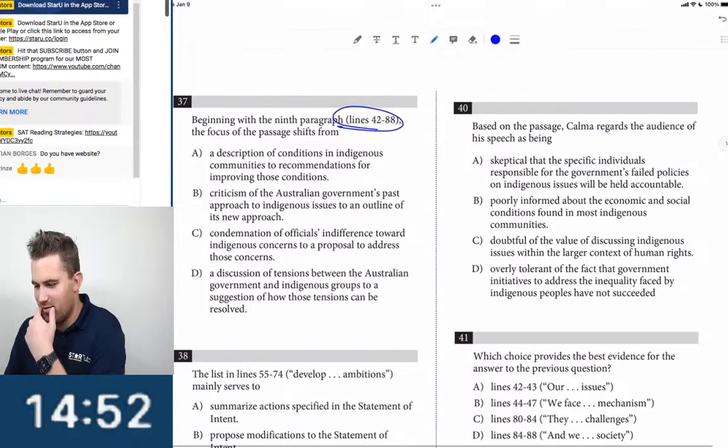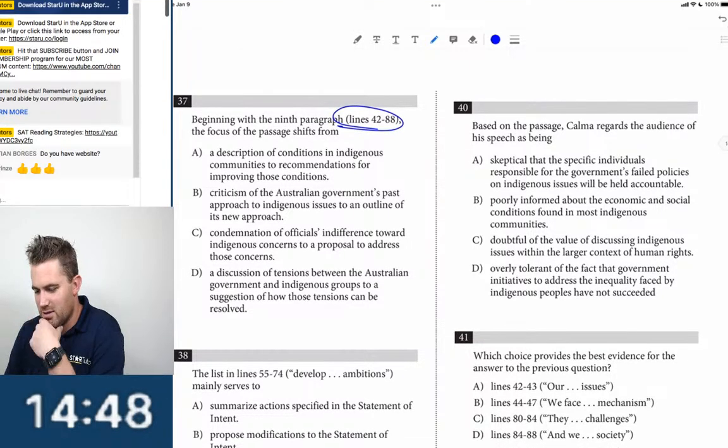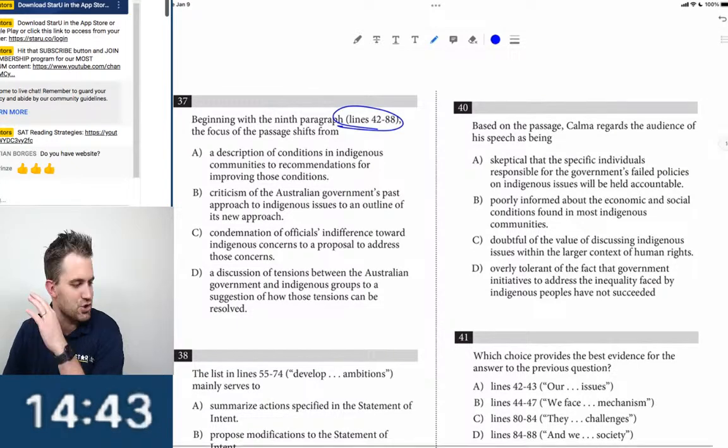Lines 42 through 88, right? I think that's the focus of the past. It shifts from the actual, everyone remember this shift, from the actual discussion about what the problem is to,